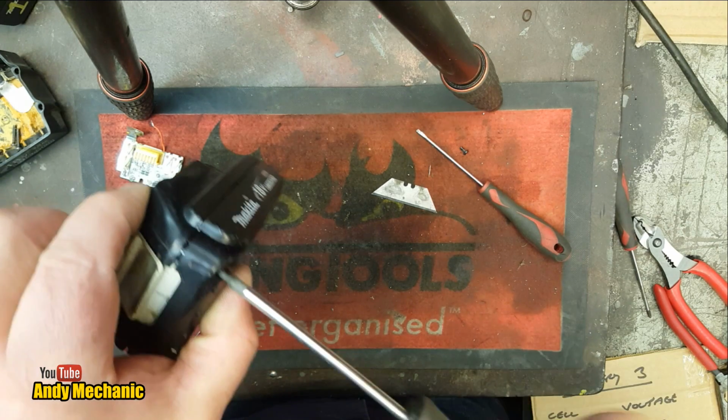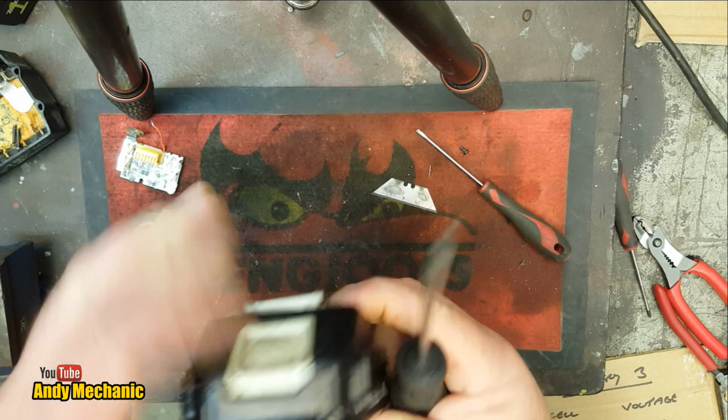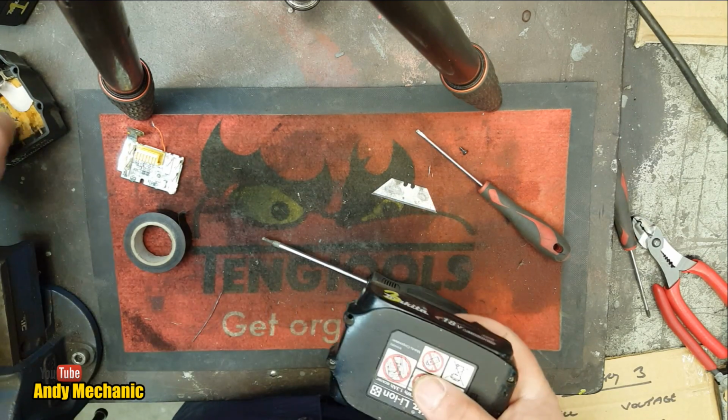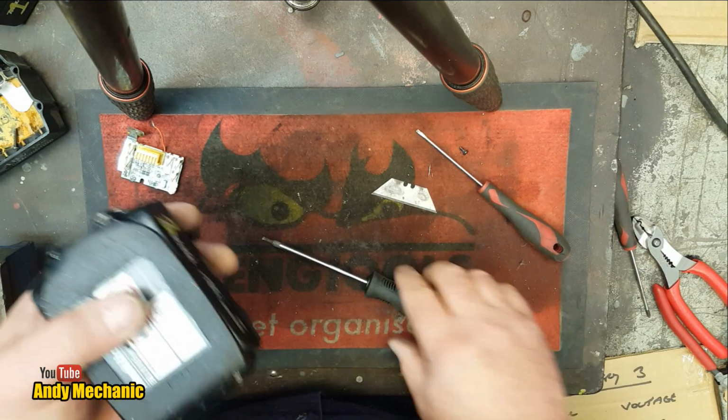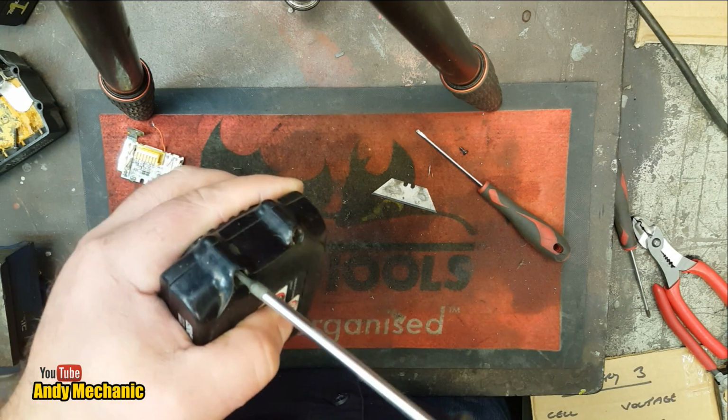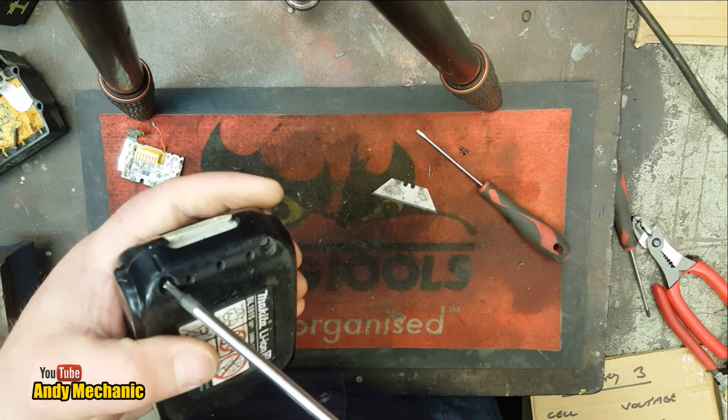I suppose once it's all bolted up it doesn't matter too much, but it's just not how I do things. Screw. Need a screw. There we are. Use that one. I'm just not happy. I'll be happy if it works, don't get me wrong, but...